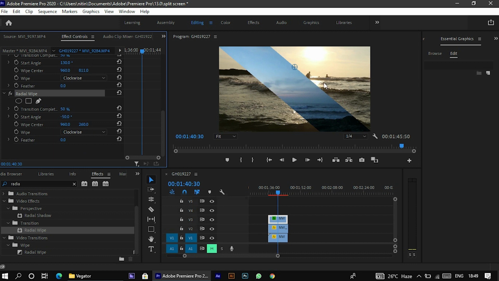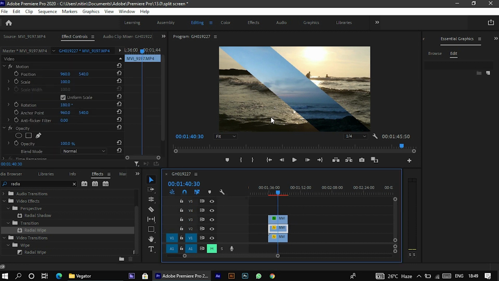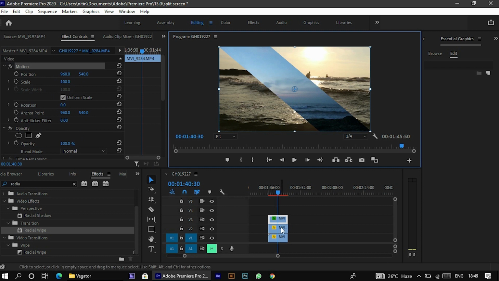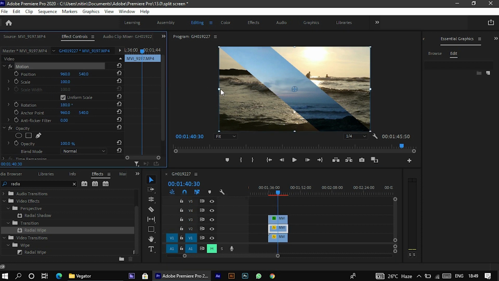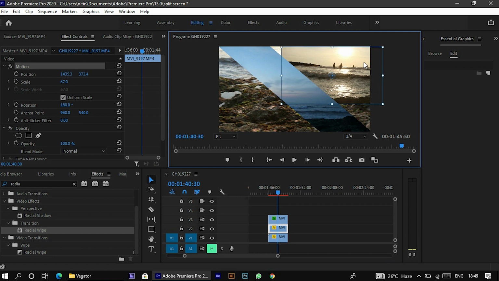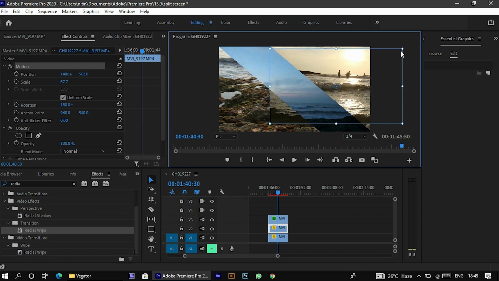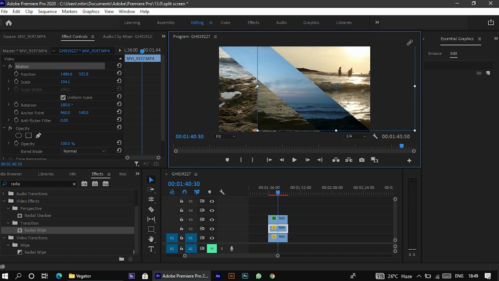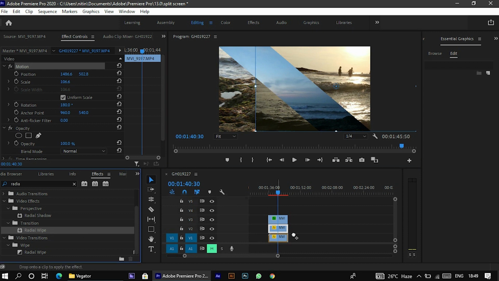Now let's move forward. I have to adjust these clips. Now I'll just click it, and first I have to adjust it where I wanted it to be, onto the right side, top right side. So I'll just go there and put it there. Now increase the size, and as you can see, one big problem in this is that your clip is visible on the other side too. Now for that, what you have to do is go to the radial wipe section and put it on the second clip as well.